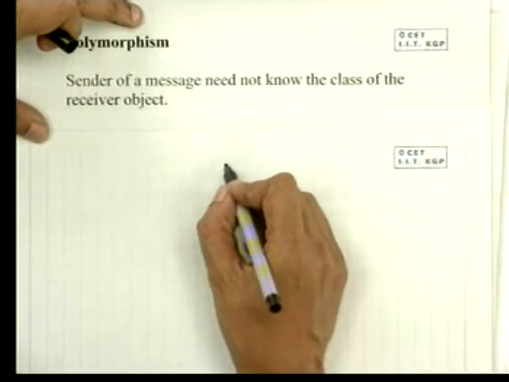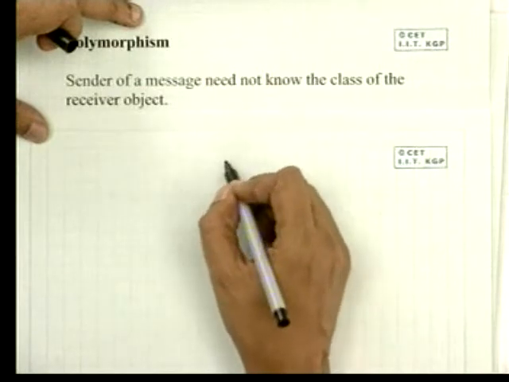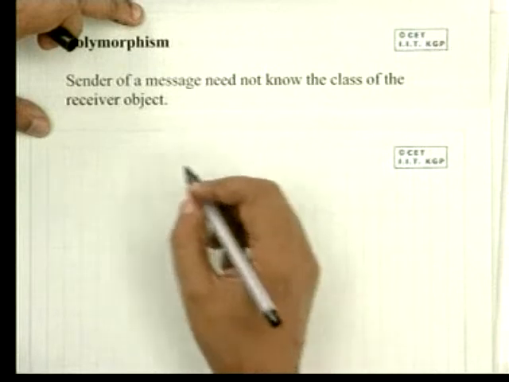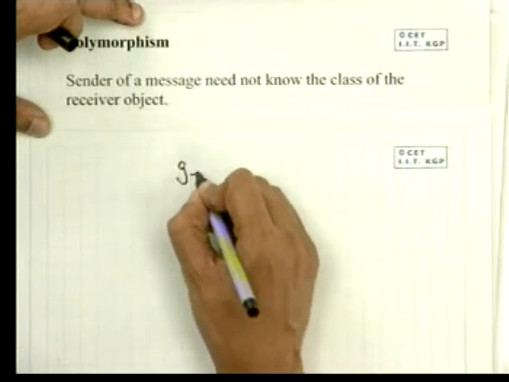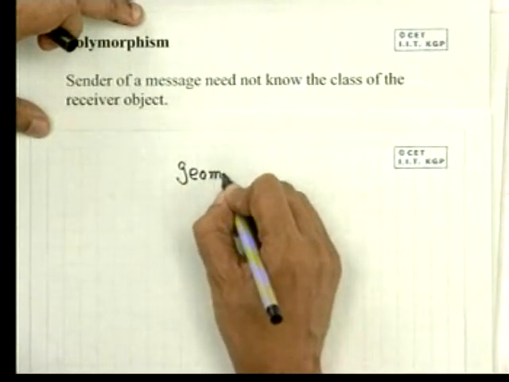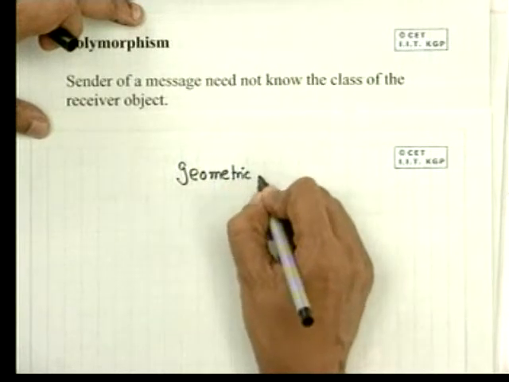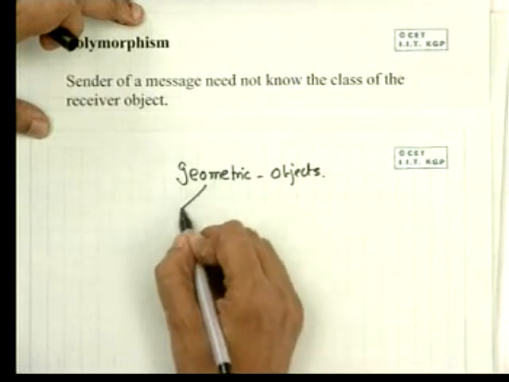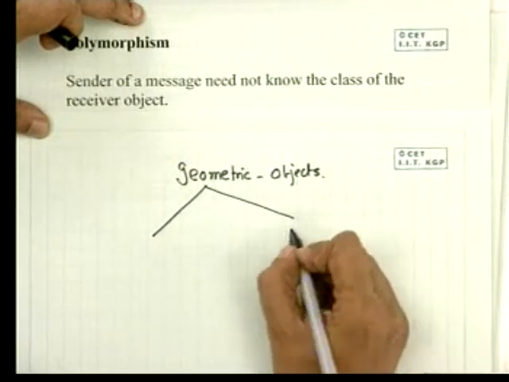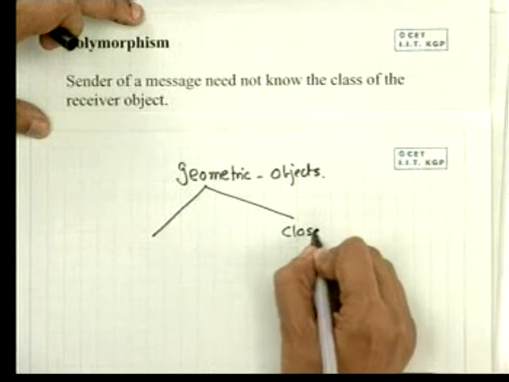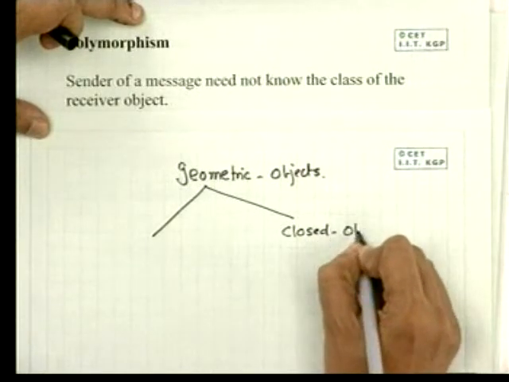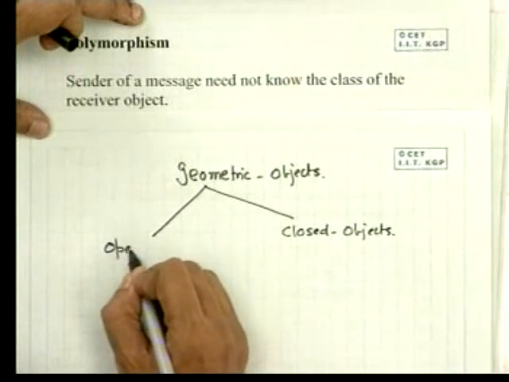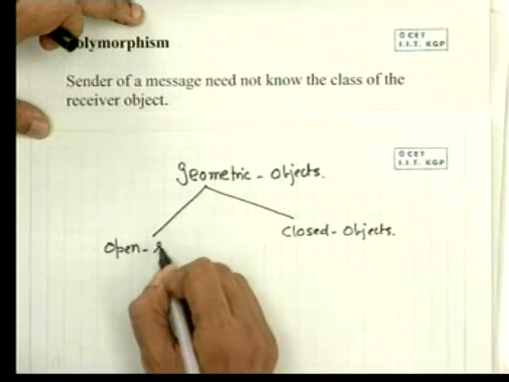Suppose I have a class hierarchy of geometric objects like this. Let's say we have defined a class of geometric objects. These are closed objects, and these are open objects, open segments,